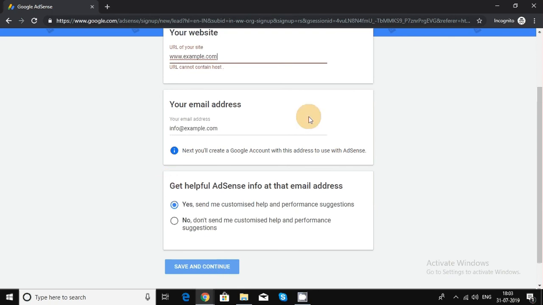Now when you click on save and continue, you will go to another screen where there are a couple more very basic questions about yourself, like name and other details. You can go ahead and fill that out. Okay, so once you go ahead and do that,